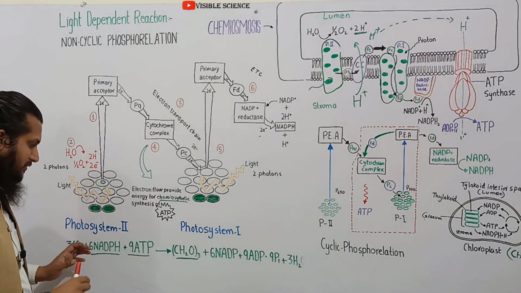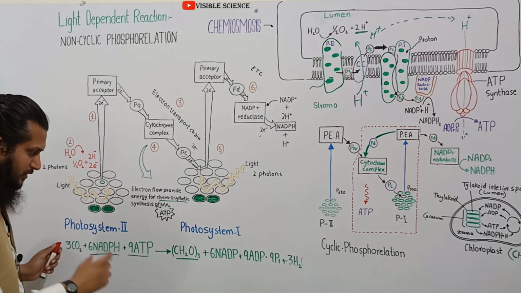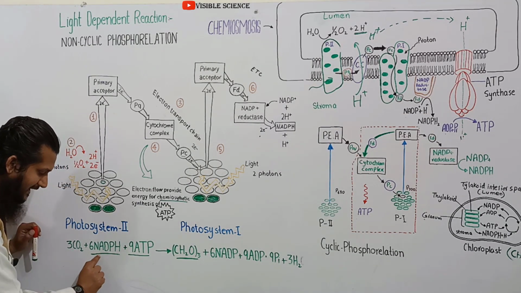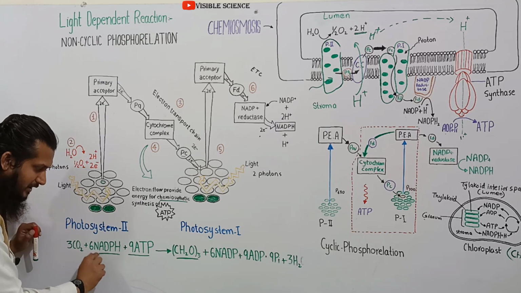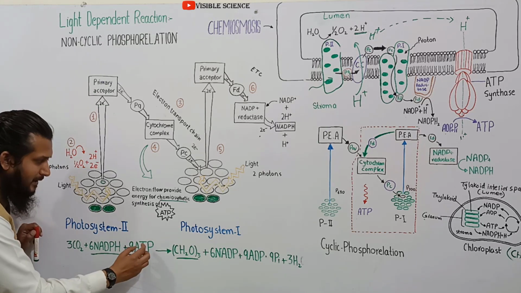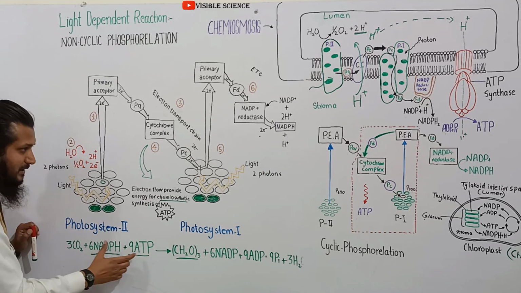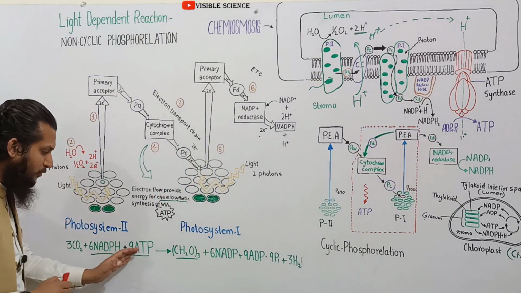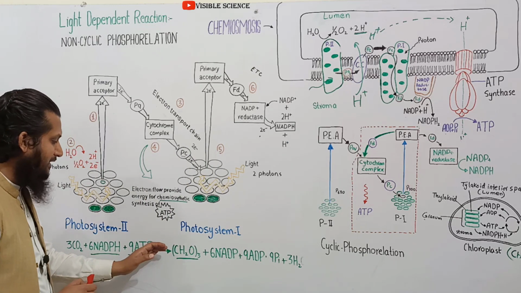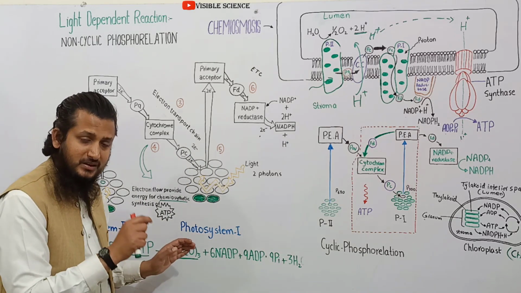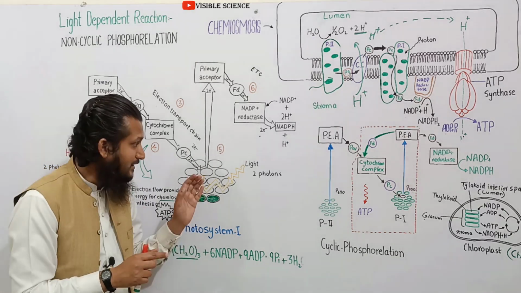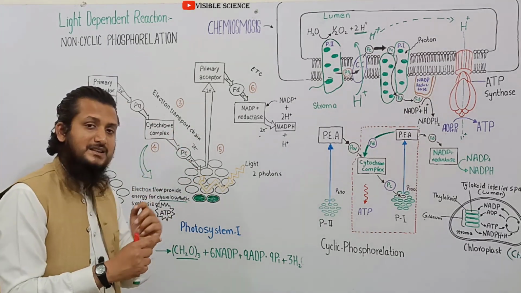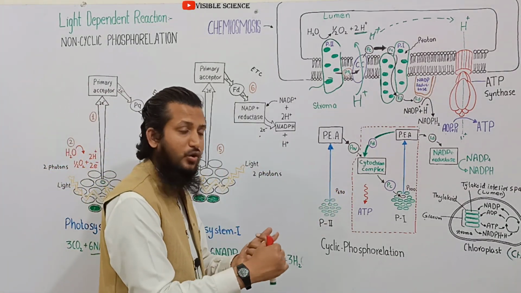If we see the equation of photosynthesis, for the production of a single glucose molecule, 9 ATPs and 6 NADPH are required. It means more ATPs are required, but the production of ATP and NADPH are equal in non-cyclic phosphorylation. When more ATP is utilized and ATP is in short supply, then in the chlorophyll molecule, non-cyclic phosphorylation is shut off and cyclic phosphorylation is turned on.